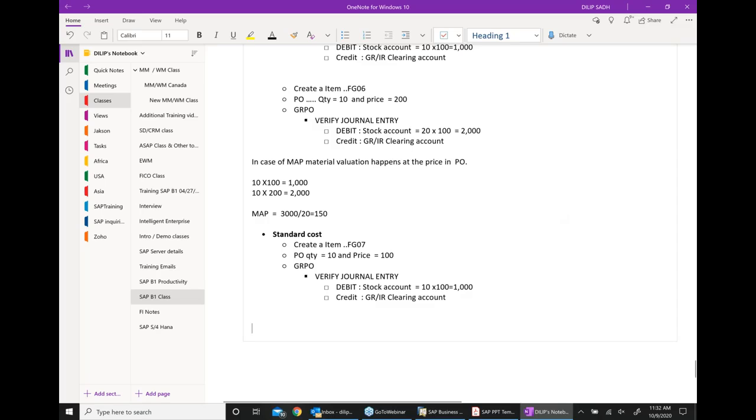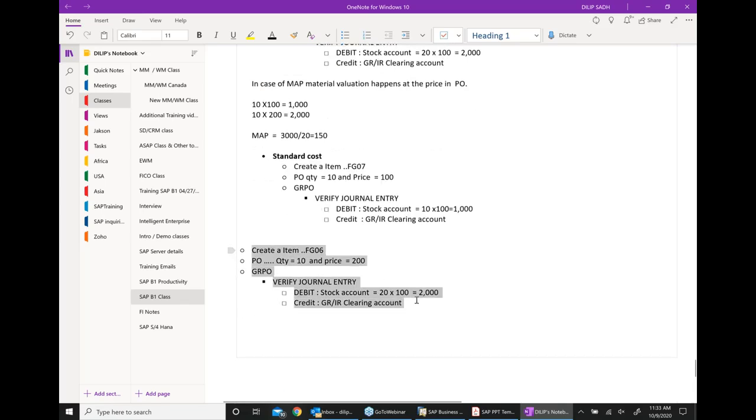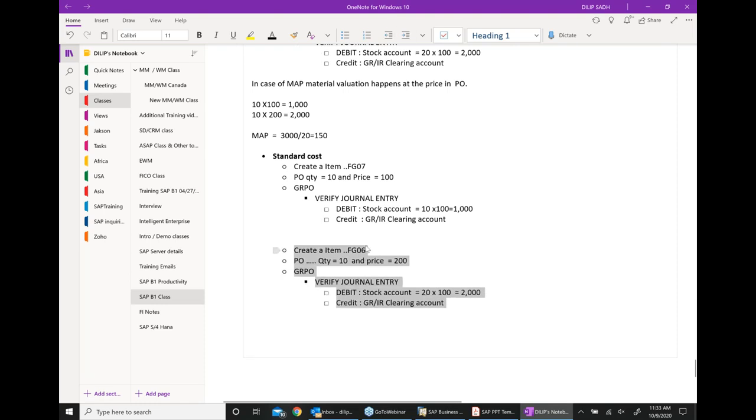So what is happening here is, what is the journal entry here? So we are doing this example. So this is the first one. Now we are doing another example. So this is another example. This is item FG07. Now what happened is, my quantity was 10, my price was 200,